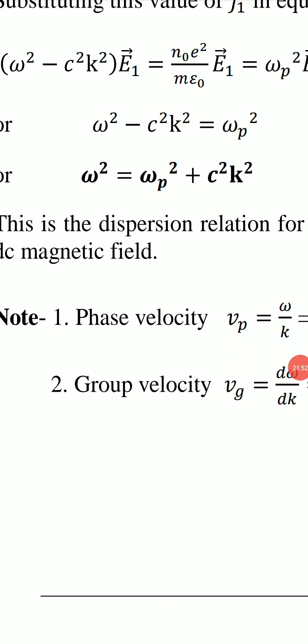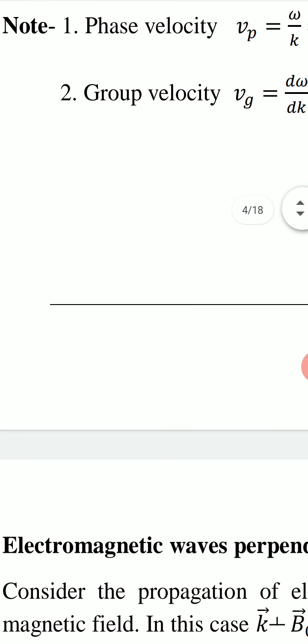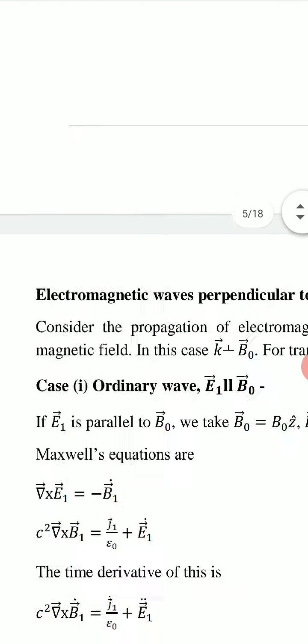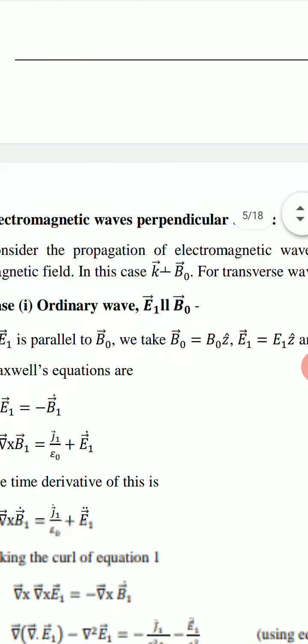We find this similar dispersion relation for the case when DC magnetic field is 0, omega square equal to omega p square plus c square k square, and now we consider the case when B0 is not 0,